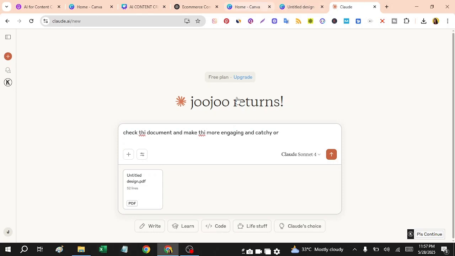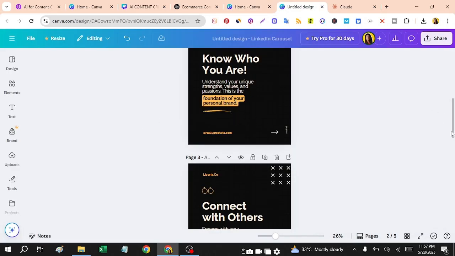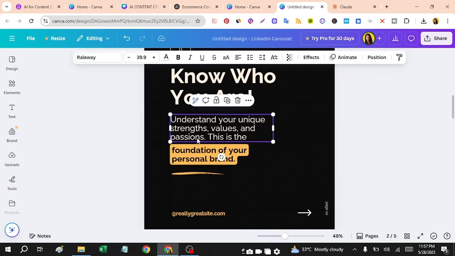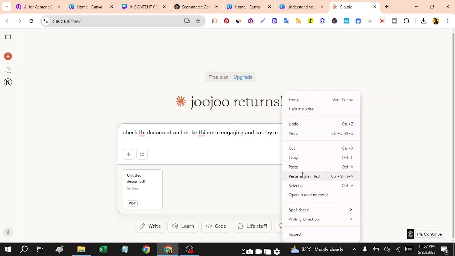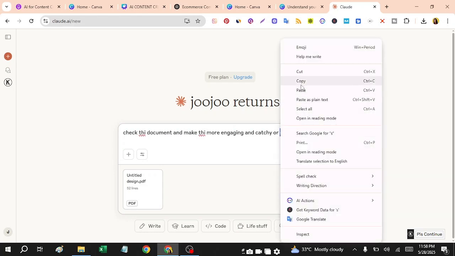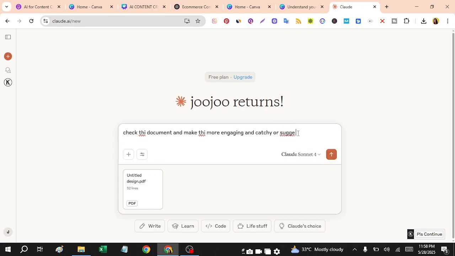So I'll copy the S from here. The prompt is: check this document and make this more engaging and catchy, and suggest how I can make this better.